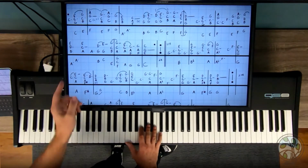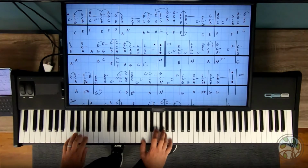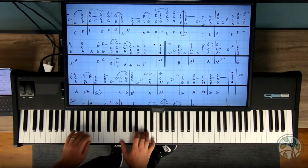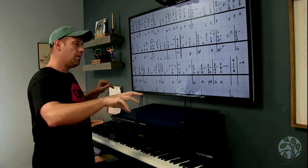Here's the first. Let's tie both phrases together. Very beginning. Very good. Okay, so you learned one little phrase, you learn the second half of it, and then you put